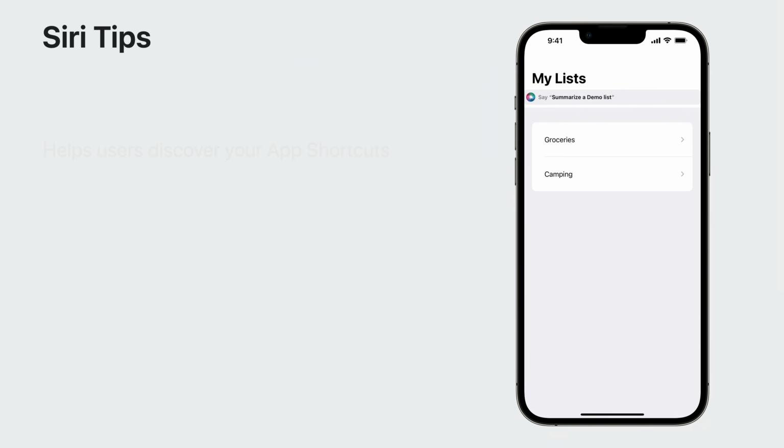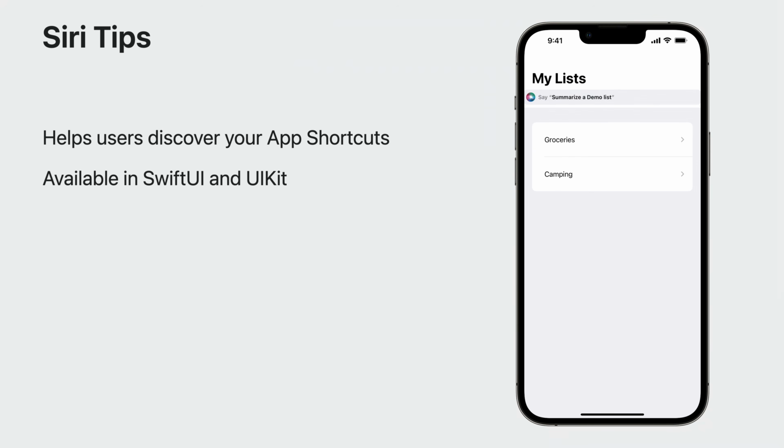In addition to Spotlight, the Siri Tip is a great way to let your users discover your app shortcuts while they are still using your app. Here, I've added one in the list view, since that feels like the place where people would find this tip useful. The tip view is available in both SwiftUI and UIKit, and we provided a number of styles, so they look great in any application. Siri tips are best placed contextually so that they are relevant to the content on screen. Between Spotlight and Siri tips, there are ways for your users to find out about app shortcuts both in and outside your app.